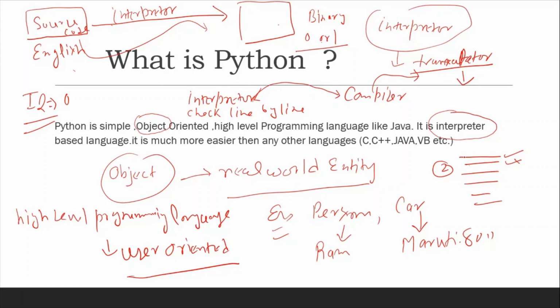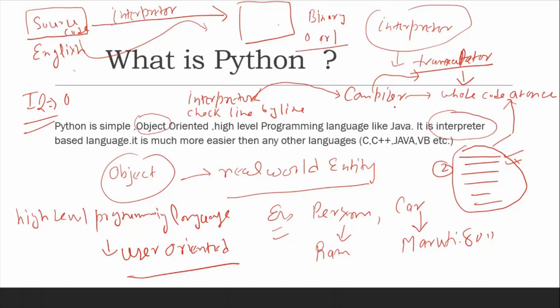Otherwise, if errors do not occur, it converts the code line by line into machine code. And in the case of a compiler, the compiler checks the whole code at once. If errors occur, it shows the errors, and if errors do not occur, it converts the source code into machine code. So this is the difference between interpreter and compiler.